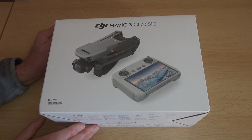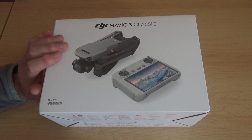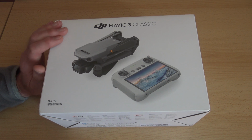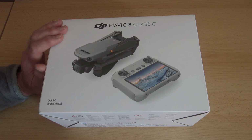Which I've done all that, but then again, in a similar kind of way to metal detecting, there is an awfully large area of the Plymouth surroundings where you can't fly a drone for one reason or another. You've not only got the regulations that you have to abide by when you take your flyer ID test in terms of not flying within certain distances of buildings and so on, either domestic or commercial or industrial or recreational areas. You have to stay clear of all those, so it makes it very difficult to fly within the boundaries